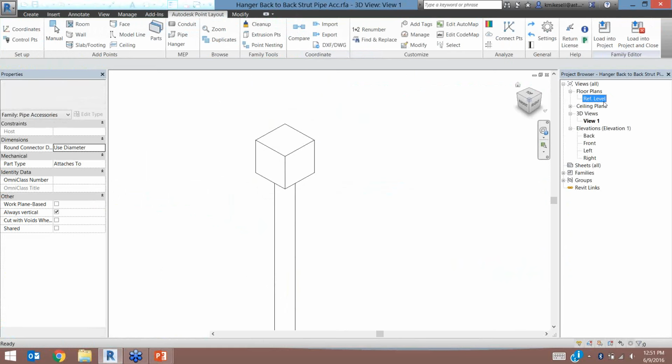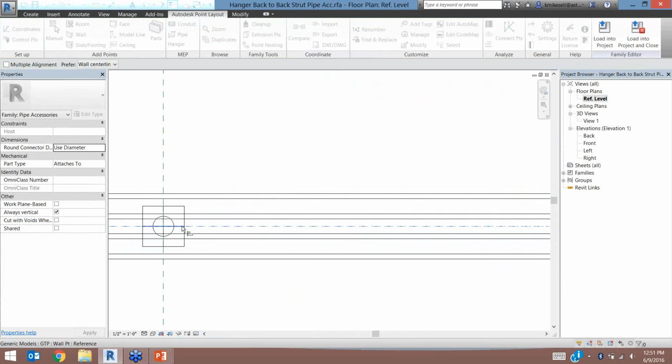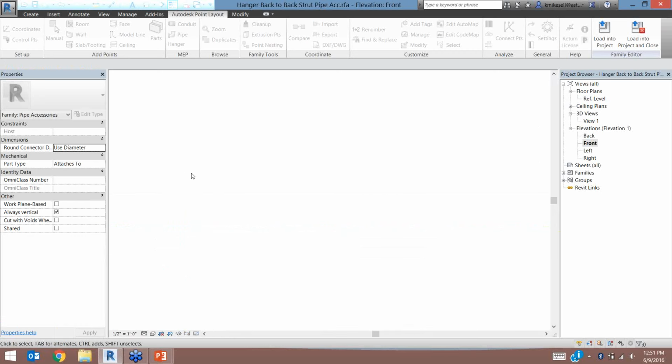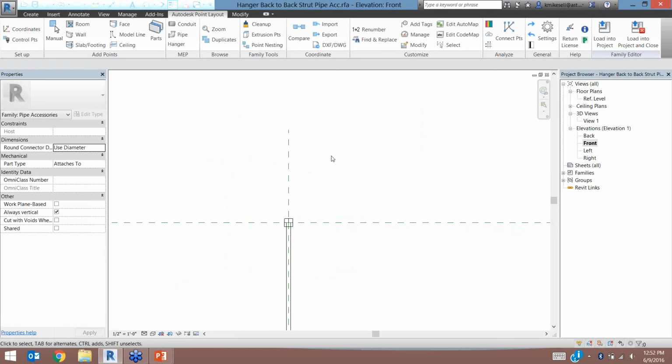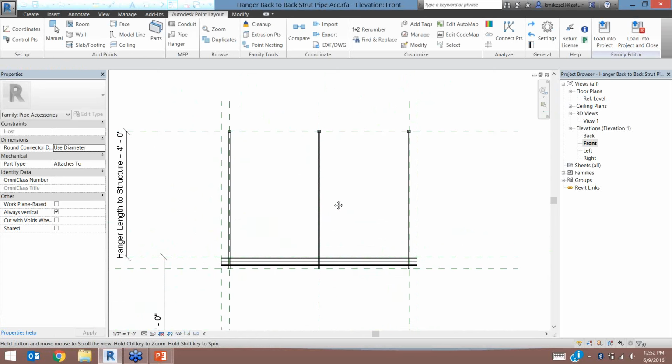And now that we have our point, we'll go back and we have to lock it. All right, now that we have our point and our rod in there, we want to